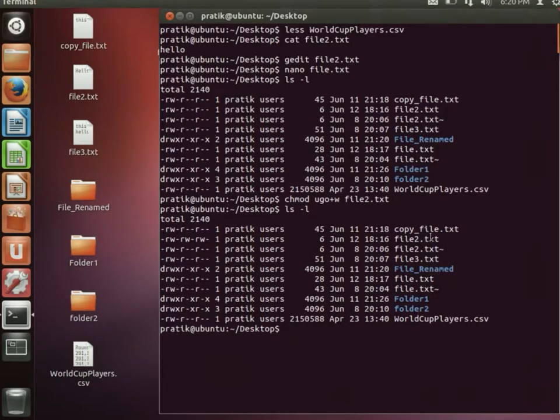this is file2.txt. See, you can see the difference. Earlier it was rw, but now it is rw for all. You can also take out the permission through the minus sign. Let's say if I want to give minus r, and hit enter. Now if I try to open that file through cat command, let's say file2.txt,